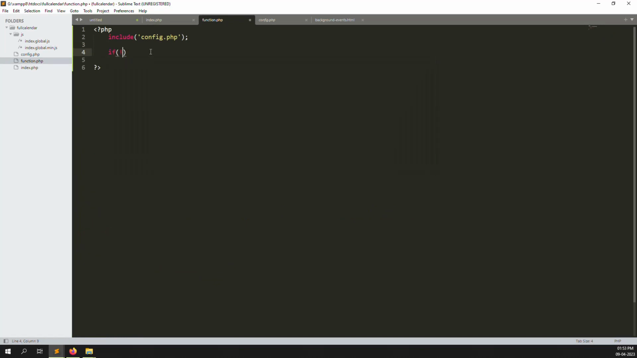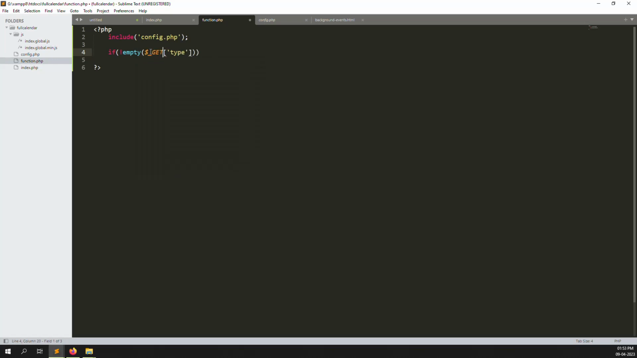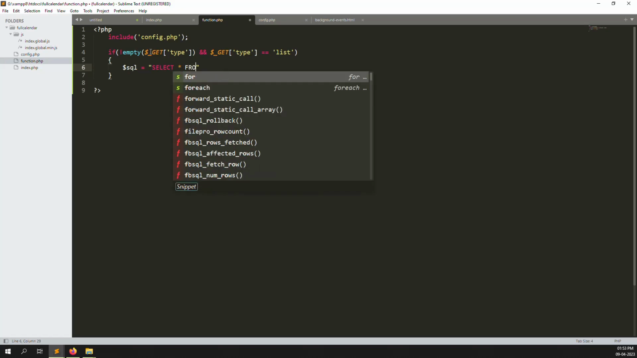is not empty, $_GET type, and type is equal to list. So we can write the event listing code here. Okay, so let's make one query, $sql is equal to select star from